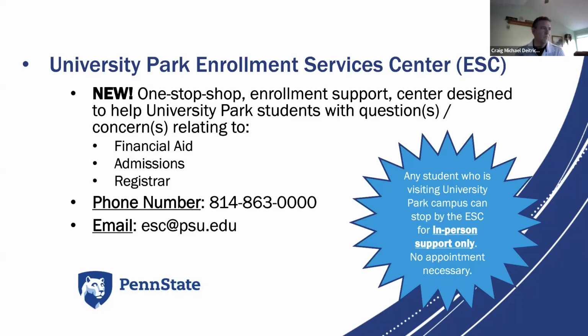Now, with the Enrollment Services Center, there's staff trained there that can answer questions about financial aid, registrar, admissions, all in one location. Again, it's on the left side of the 1st floor of the Shields building, and on the right side is the bursar. So realistically or theoretically, any question that a student could really need to have answered should be able to be done in that one location on the 1st floor of the Shields building. Okay, their phone number is 814-863-0000, and their email is